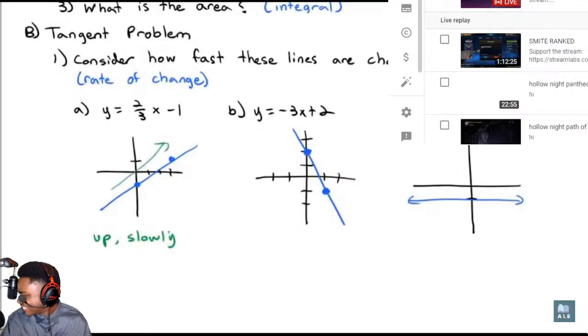Which is different than the second graph, because not only is it going downhill,